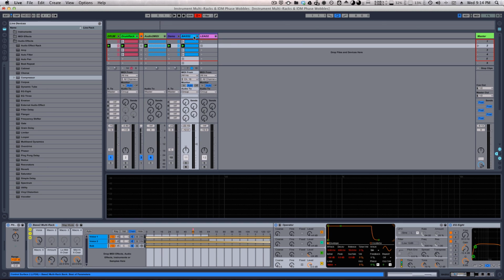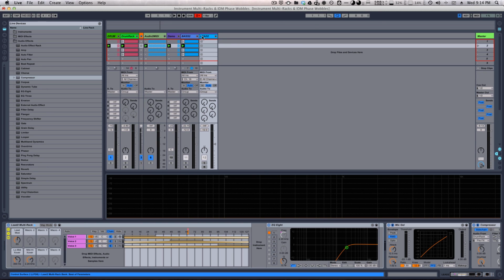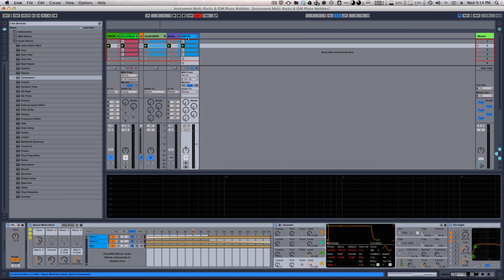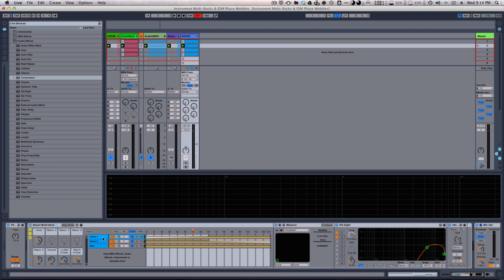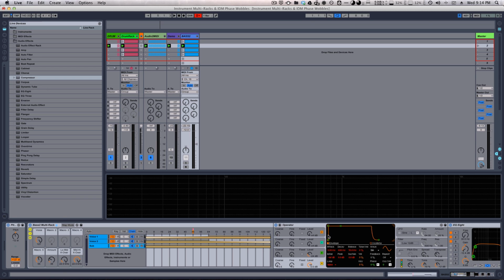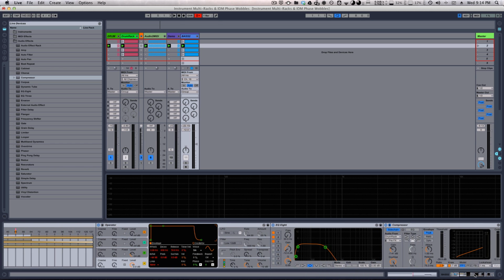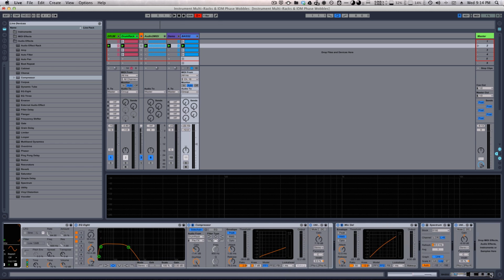There's pretty much no need for a lead in here because I didn't even put one in. I've got basically almost exactly the same thing you've just seen me put together there: two different voices of Massive and a sub oscillator made from Operator. Again, a negative 12 semitones pitch modifier, and pretty much everything is exactly the same,